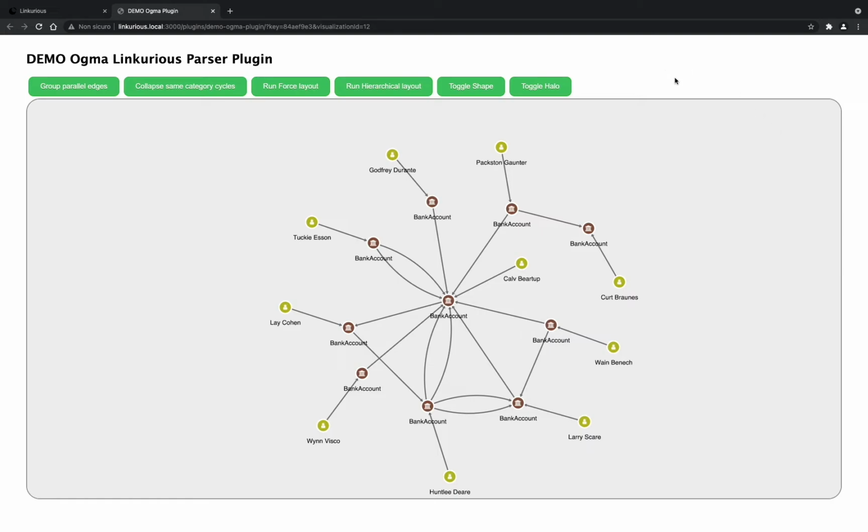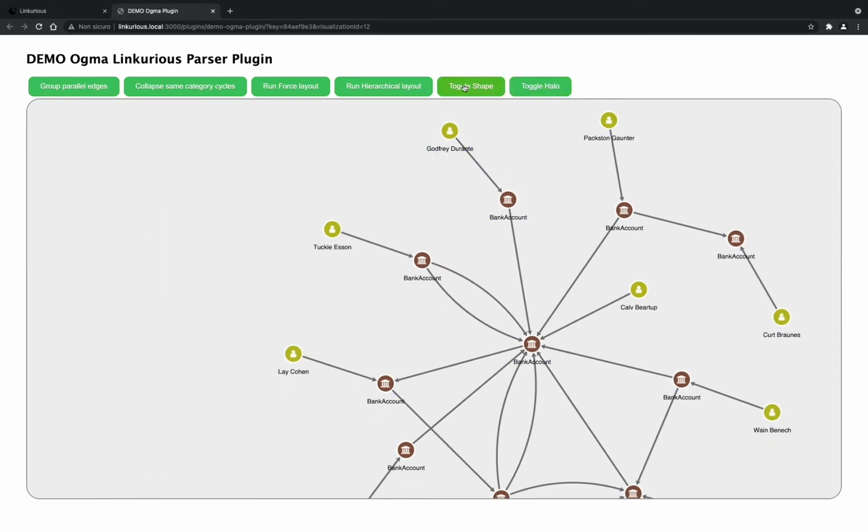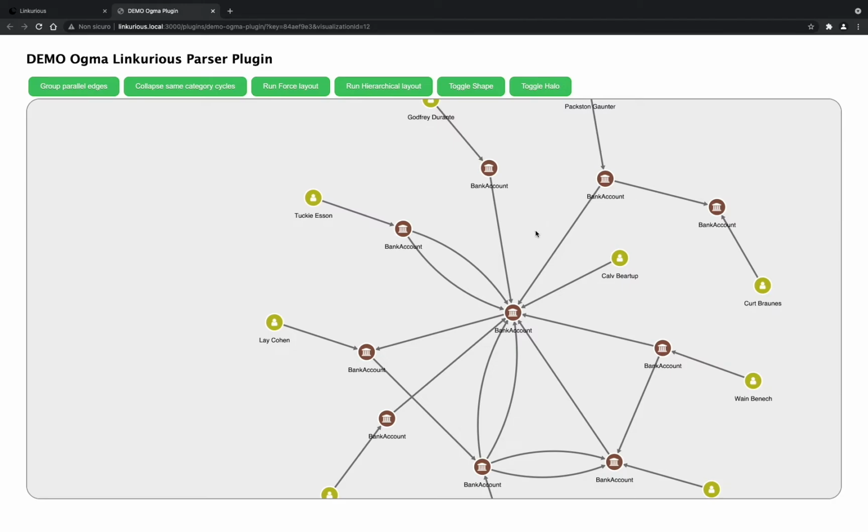What you can do here with the library is basically to use the whole set of functions available in the Ogma library. For example, I can toggle the halo if you want all the nodes to be more visible. I can toggle the shape if you want to change the shape of the node. But generally speaking, the idea is that you can use the whole set of functions that are available in the library. So there are really no limits on what you can do